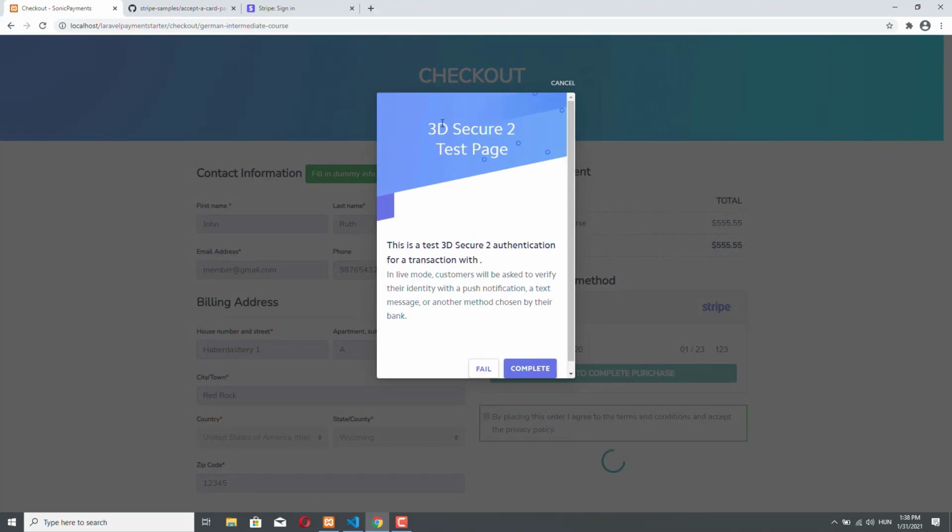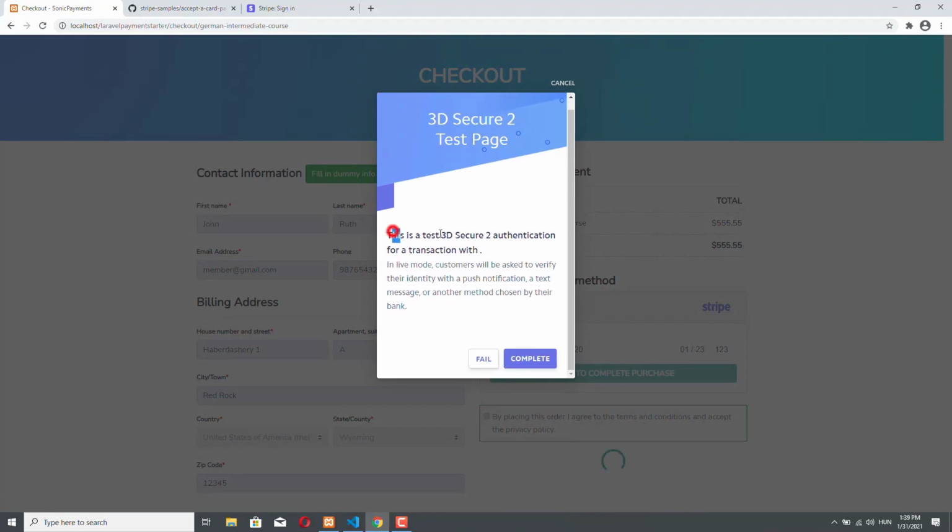And indeed, we have this modal window, the 3D Secure 2 test page. This is a test 3D Secure 2 authentication. In live mode, customers will be asked to verify their identity with a push notification, a text message, or another method chosen by their bank. So for now, in this test 3D Secure authentication, I can just click on complete, and then Stripe will complete